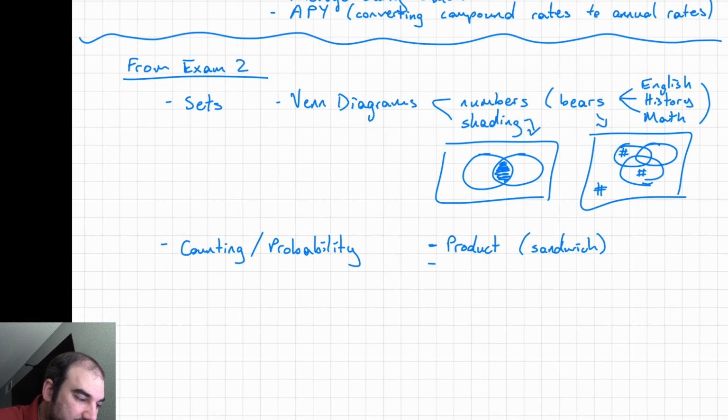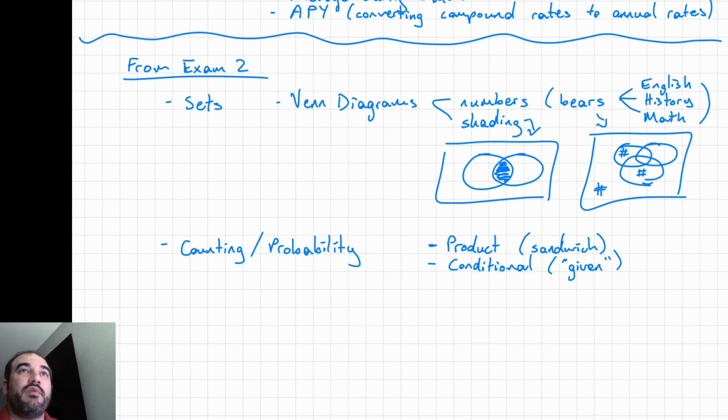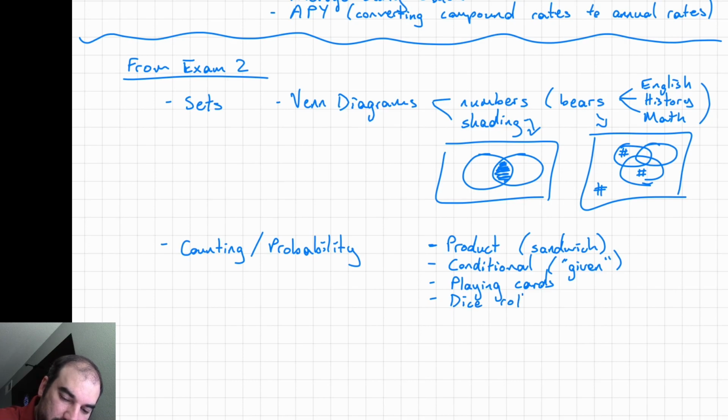And then when we went into probability, we talked about conditional probability, which was all of those questions that said given. So the given part of the information was just like information that we know that we used to kind of limit the sample space and answer the probability question using the limited sample space. Some examples of probability questions that we did involved playing cards, dice rolls, coin flips,